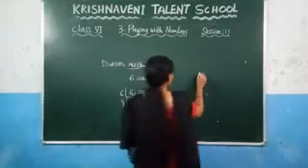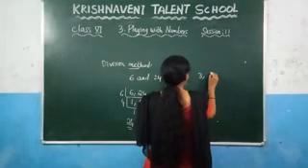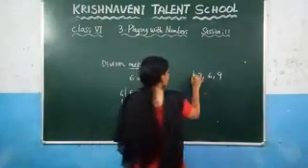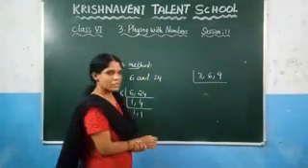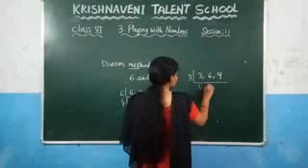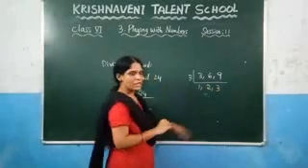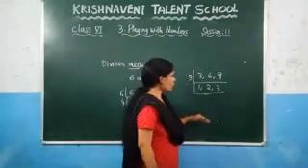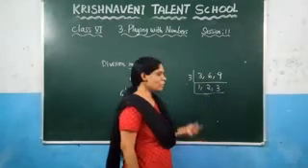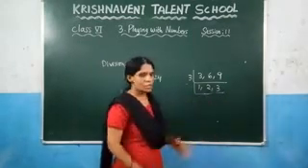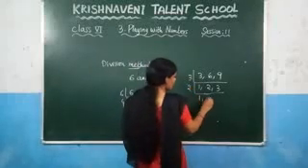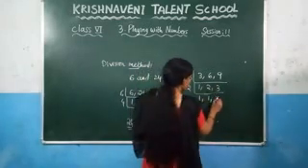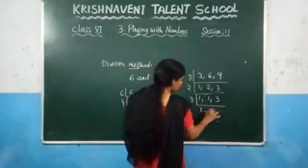Let us consider some more numbers here: 3 and after that 6 and after that 9. Let us find the LCM of these three numbers. You need to check in which table you will get all these values. So, 3 1s are 3, 3 2s are 6, 3 3s are 9. And similarly here, you can observe that you will not get 2 and 3 in any of the tables. So, if it is not possible, you just need to take that value down. So write it here: 2 1s are 2. Since in the 3 table you will not get 2, write 3 as it is. And now here 3 1s are 3.